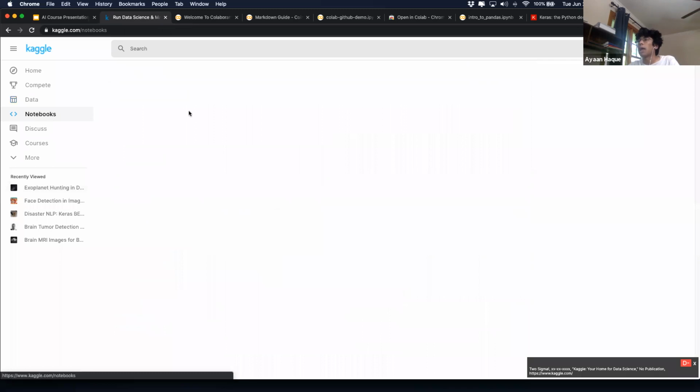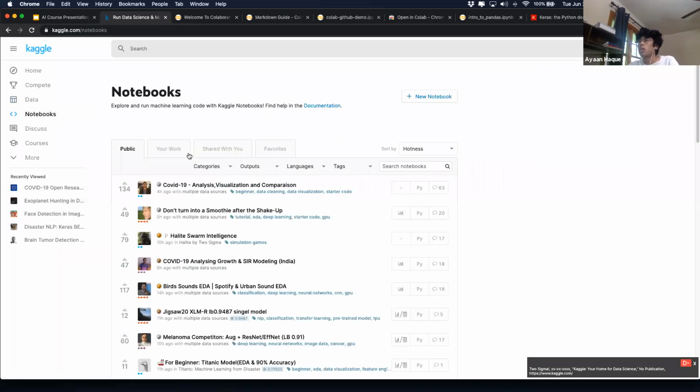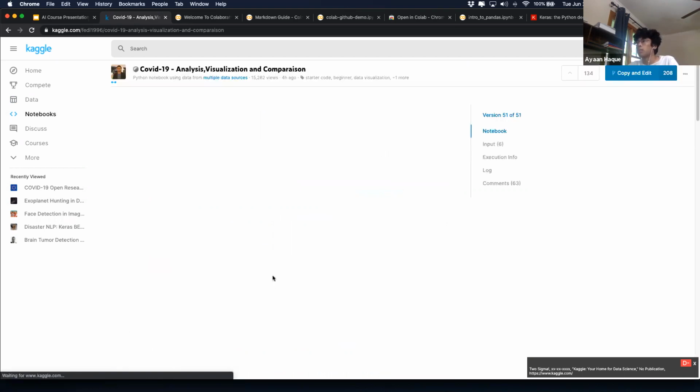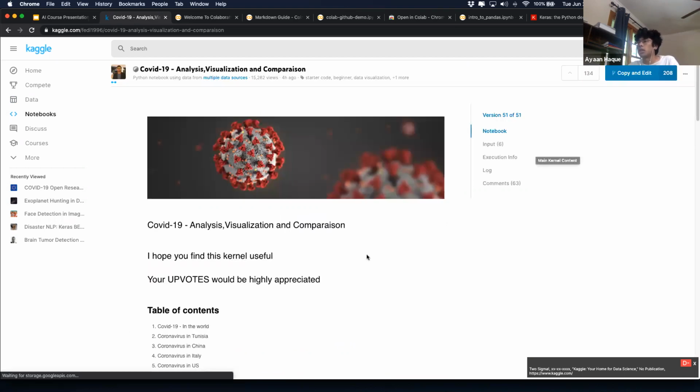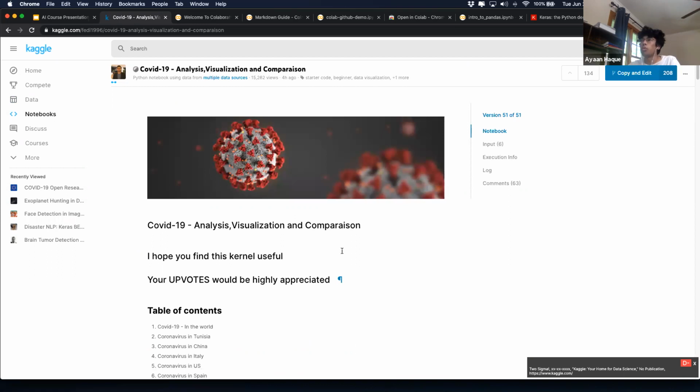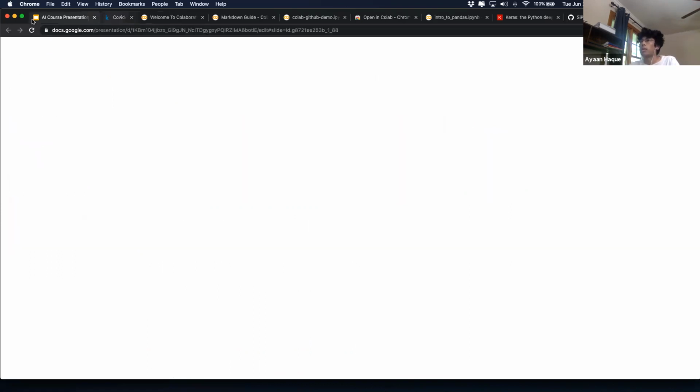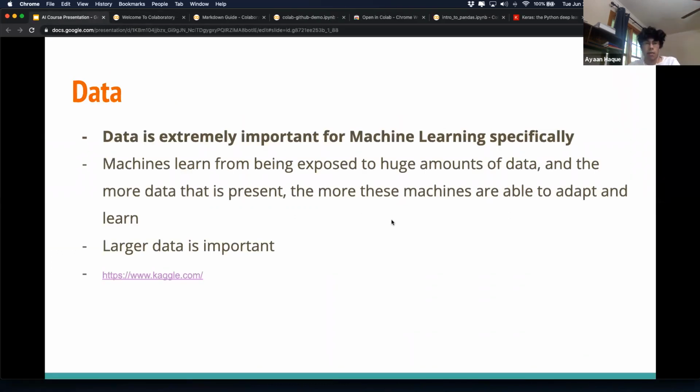And Kaggle is a specifically good resource because people actually post their code here. So I can show you guys real quick. It's just one person's code. It just shows some things that they've done. And it's in notebook form, which we'll get into probably right now. But I think everyone understands why data is so important.